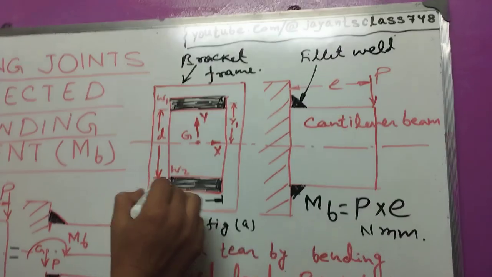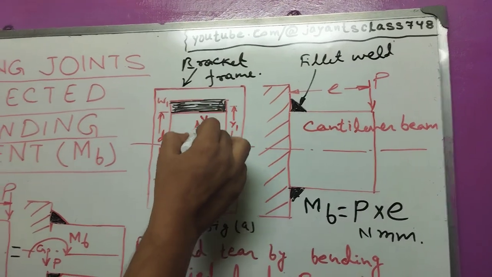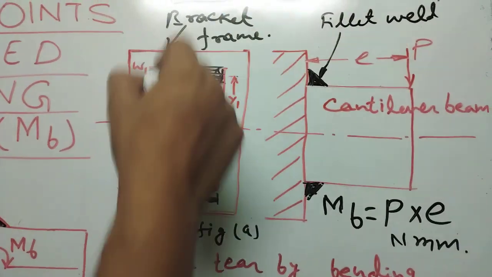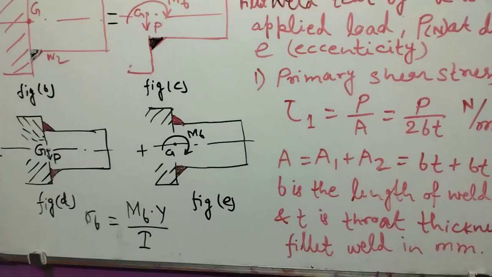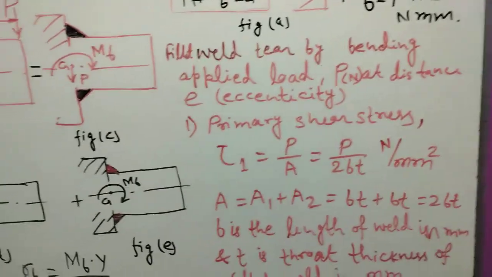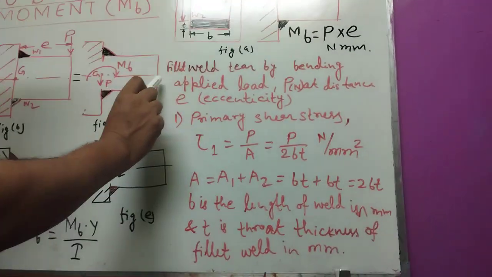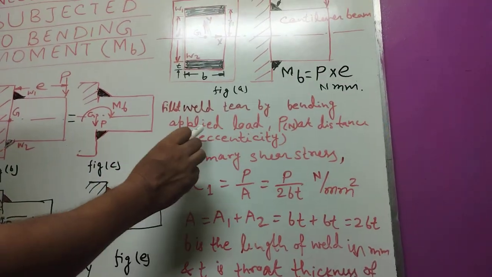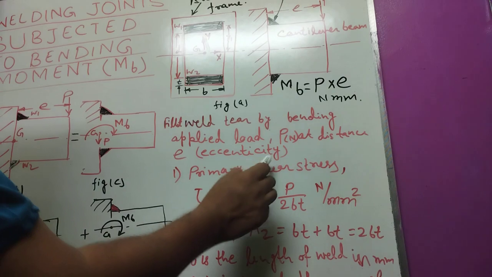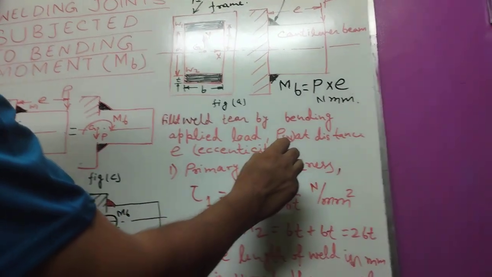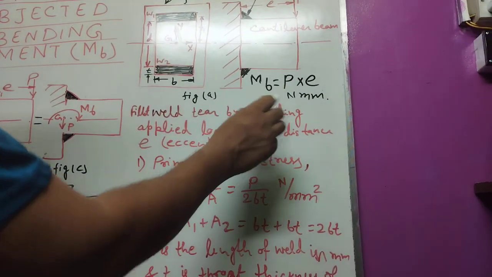Since T is very small, we take Y equal to D by 2 when calculating the equation. Here the fillet weld tears by the bending moment MB, from the load P applied at a distance of